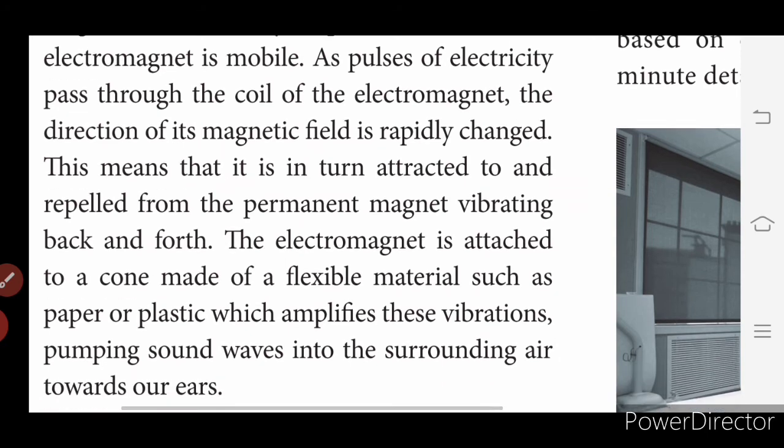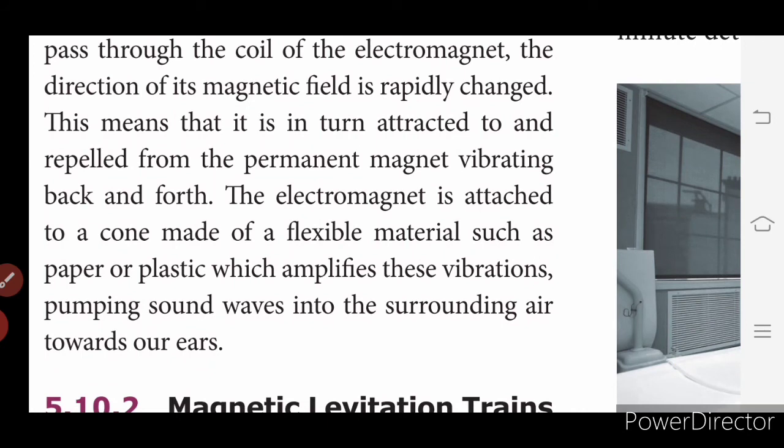So this means that it is in turn attracted to and repelled from the permanent magnet, vibrating back and forth. So this permanent magnet, okay, will produce a certain flux which helps the electromagnet to move, vibrate back and forth. This will vibrate, so that is why when you touch the speaker you can feel the vibration of the music. Okay, so why does that happen? Because the electromagnet produces magnetic flux which gets attracted by the permanent magnet, which helps the magnet to vibrate